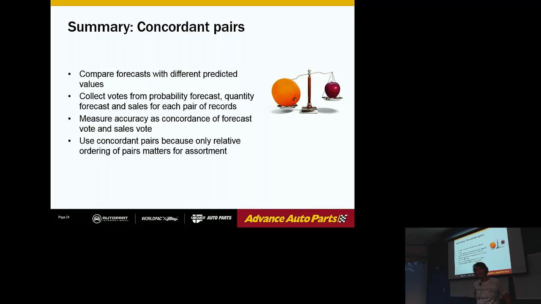How do you take profitability into consideration? I think you have part A and part B. If part B is more profitable, how do you fit that in the model? It's not in the forecasting model. It's part of that assortment, which I told you I'm showing you an extremely simplified version of. And the true version is much more complicated.